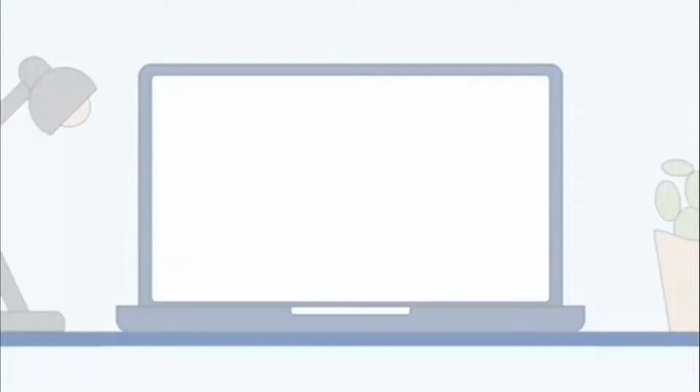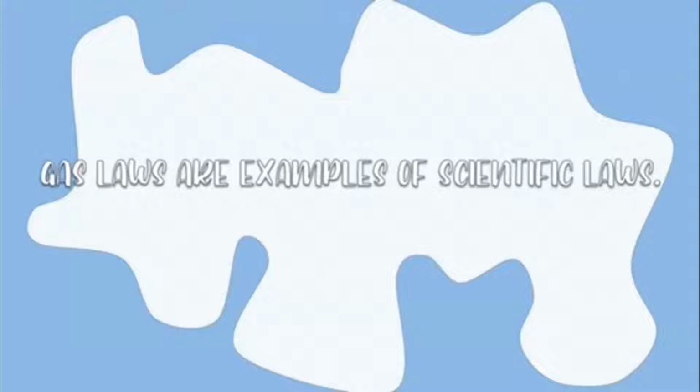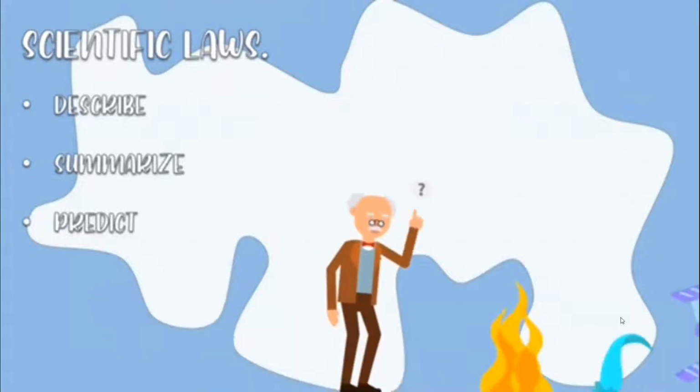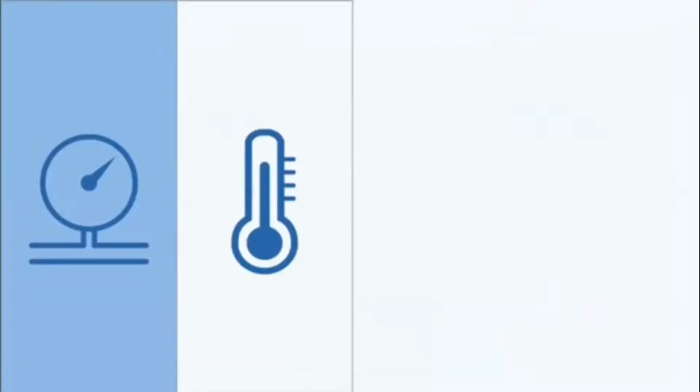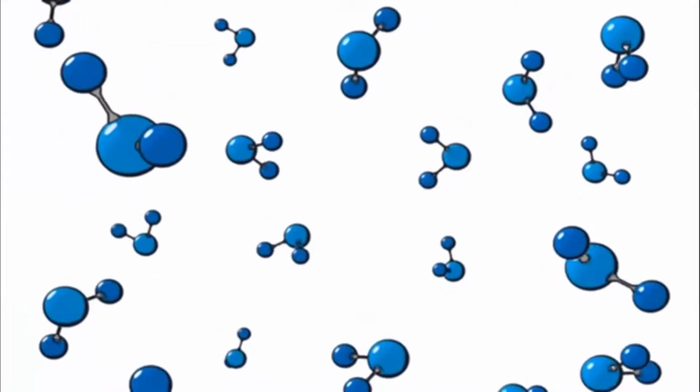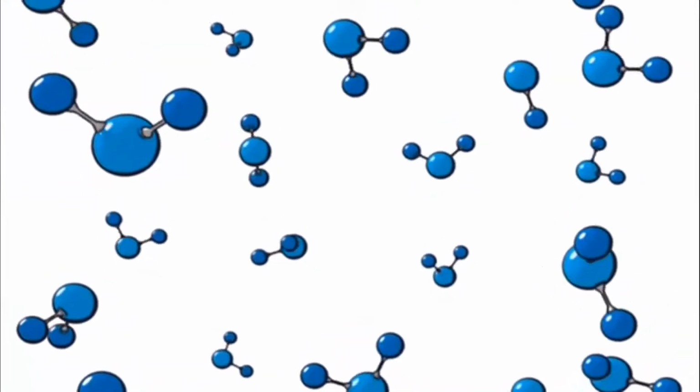Hello everybody, it's me, Kaylee Maxine Velosa, and for today we're going to be talking about a very interesting topic, gas laws. Let's start fresh. What are gas laws? Well, gas laws are examples of scientific laws. These are statements that describe, summarize, and predict a range of natural phenomena by means of repeated experiments and observations. Gas laws are laws that relate variables pressure, temperature, volume, and amount mathematically in order to make predictions about gas behavior, which is given in the kinetic molecular theory.